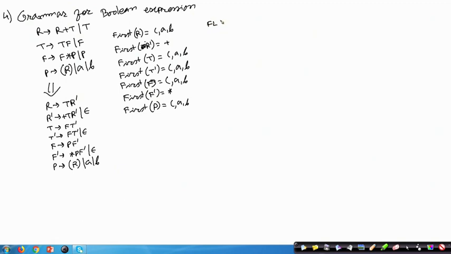I am writing in short: follow of R, follow of R dash, then follow of T, follow of T dash, then follow of F, follow of F dash and follow of P. So, these are the sets that I have to compute.